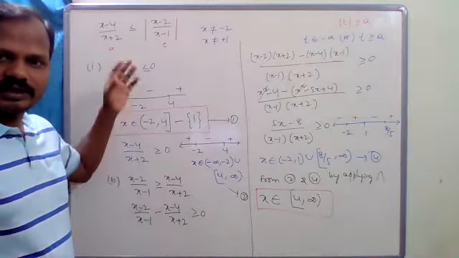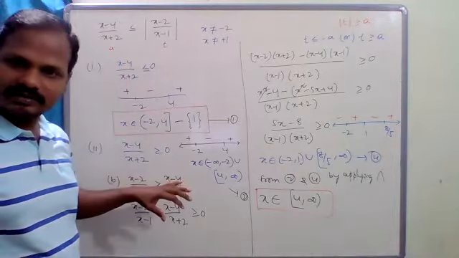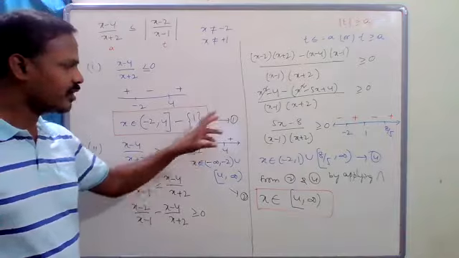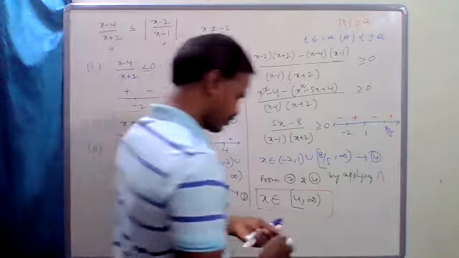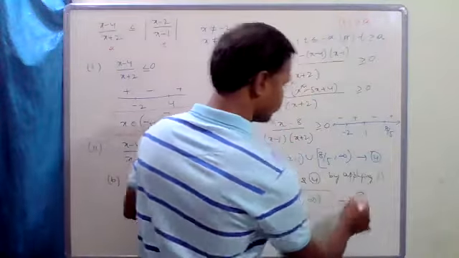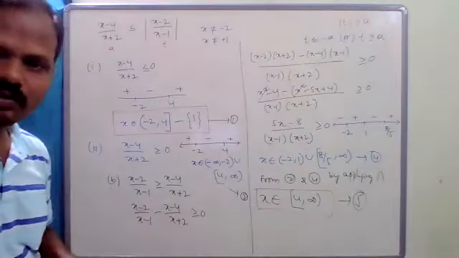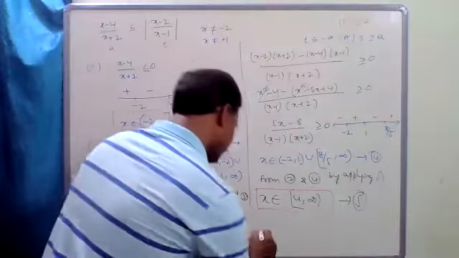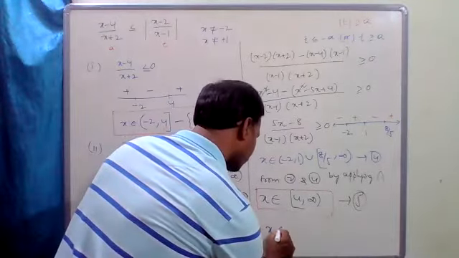Okay? So either a greater than 0 or a less than 0. So what we have to do is apply the union of 1 and 5. So the final answer is therefore x belongs to